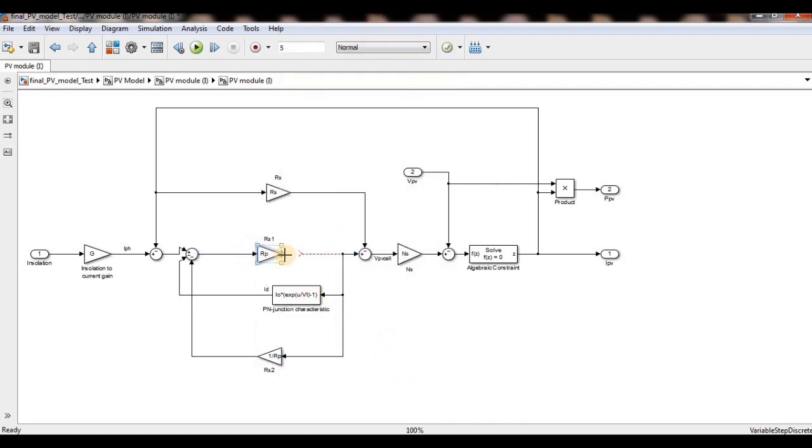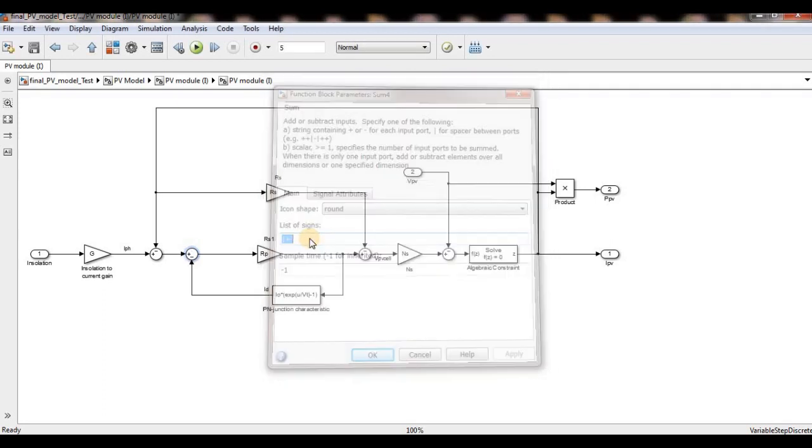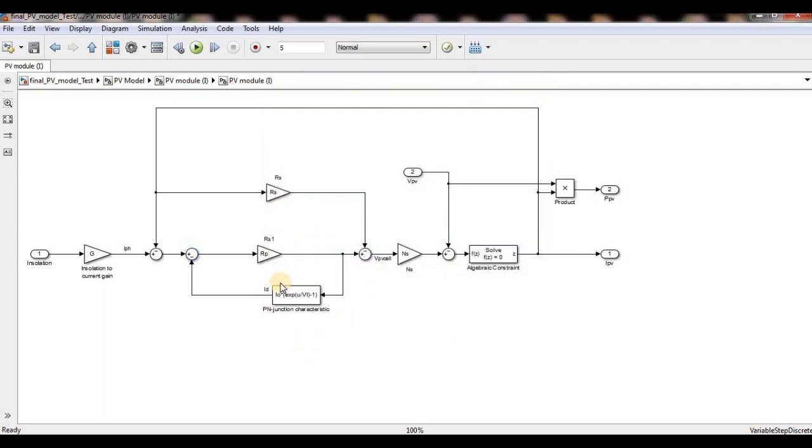So again I am reconstructing the model, this one. So see, this is now exactly VPV. I mean this VPV I am getting, so I can use this as my constant voltage source converter.